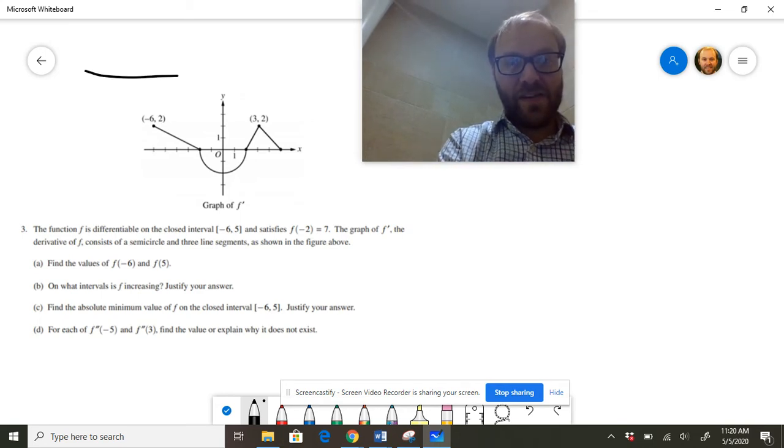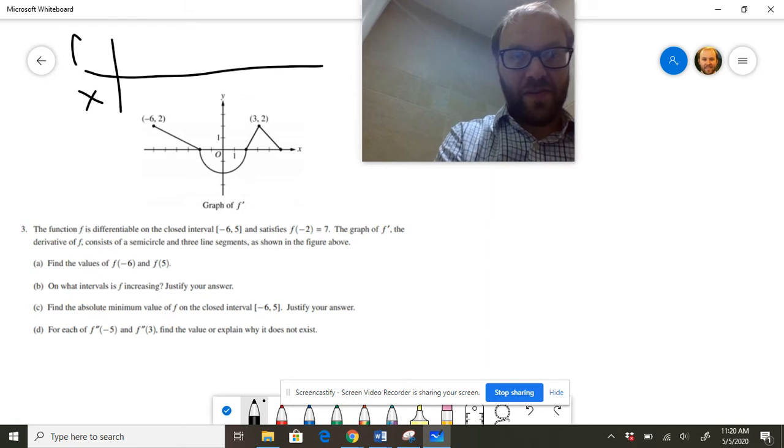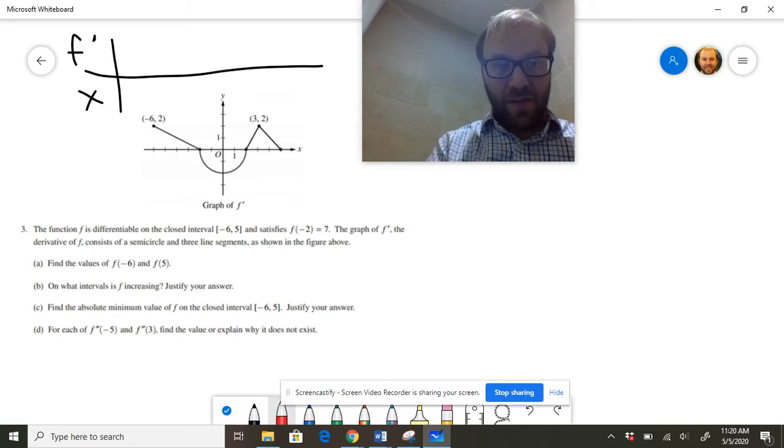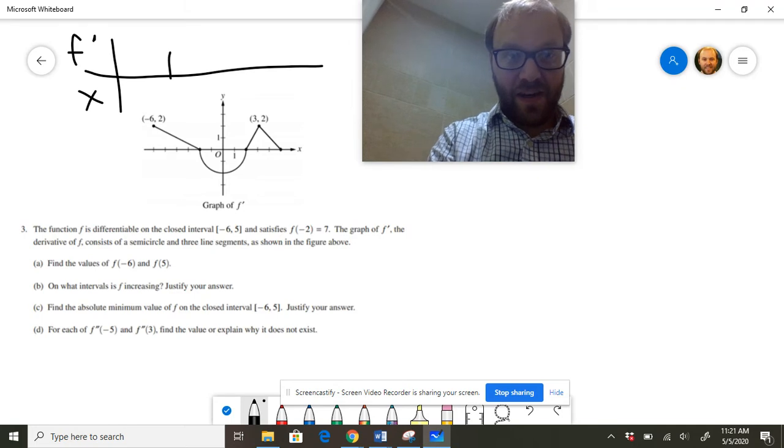When they talk about increasing or decreasing, we're talking about a number line problem. Of course, we know that a function increases or decreases based on the signs of f prime. All right, so we can see here we've got critical values at -2 and 2 and 3, 4, 5. We've got critical values at all of those places. That's places where the derivative is equal to 0, places where we might have a change in direction. And anyway, you should just be able to plot those real quick and then basically look at everything on either